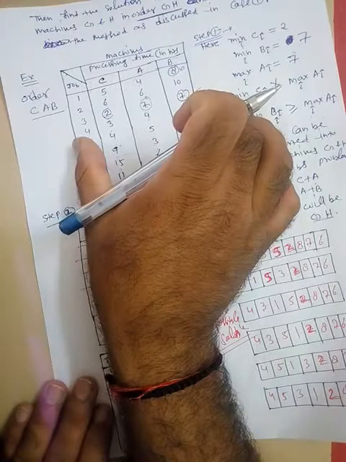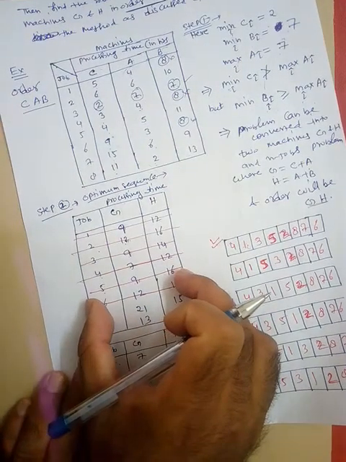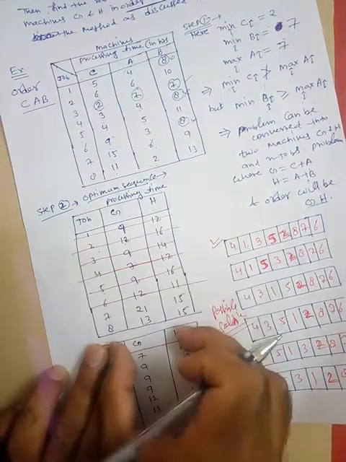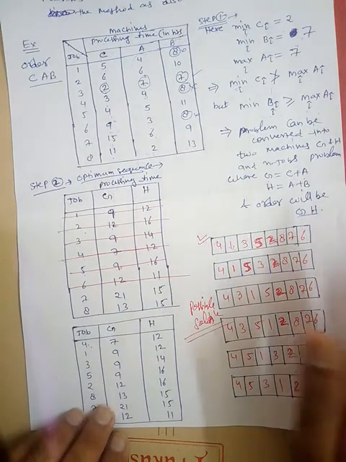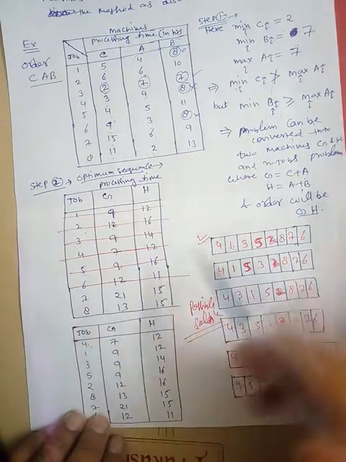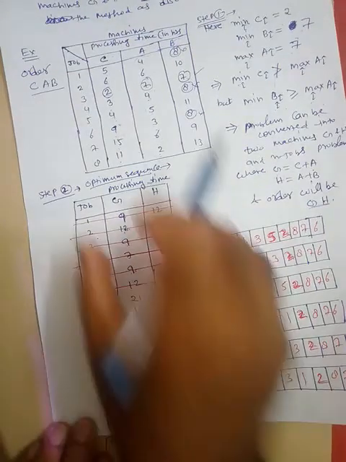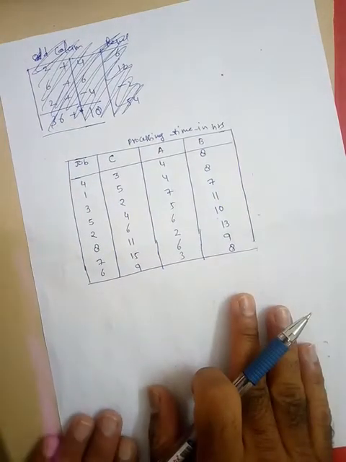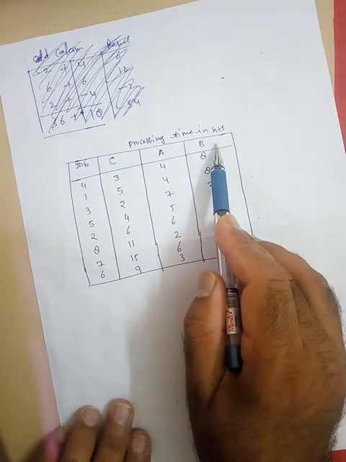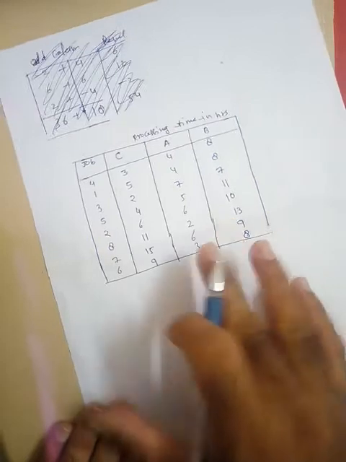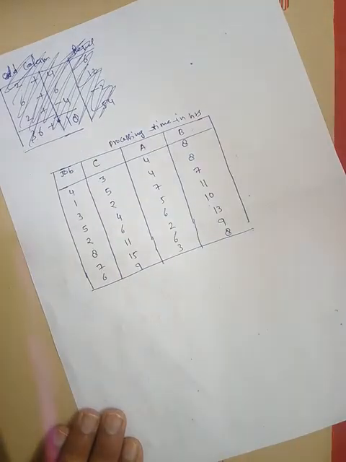So first we have this table, then converted this table into a two machines problem. If this condition is satisfied, then find out the optimum sequence with the help of the method which we have already discussed in case 1. Then we have summarized this table. We have rearranged the rows in this manner, and then bifurcate the table in the original one, that means CAB manner, and now construct the table. So now the next is construction of the table.